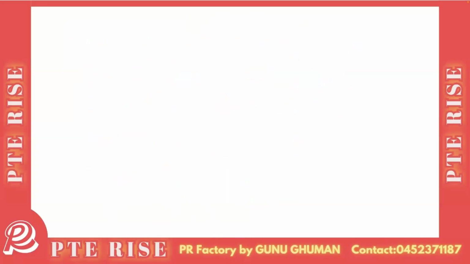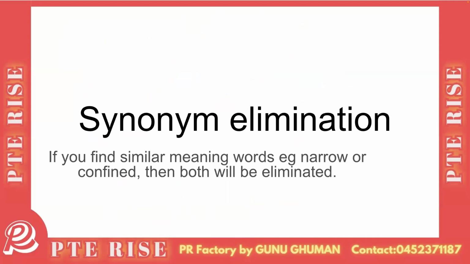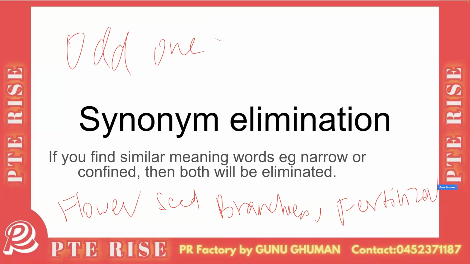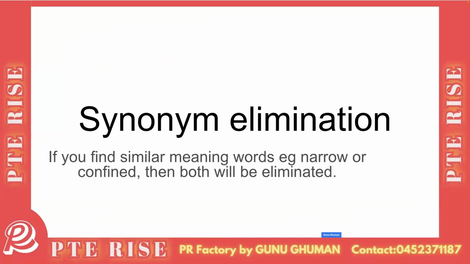Having said that, moving back a little, synonym elimination is simply odd one out. If I say flower, then write down the words flower, seed, branches, fertilizer. Odd one out. Which one is odd one out? Fertilizer. Because these are parts of a flower plant. Okay. Next,